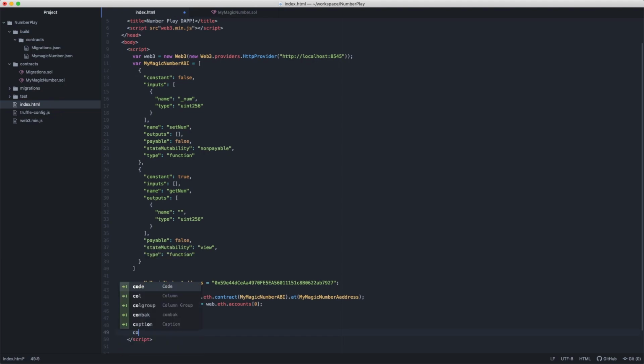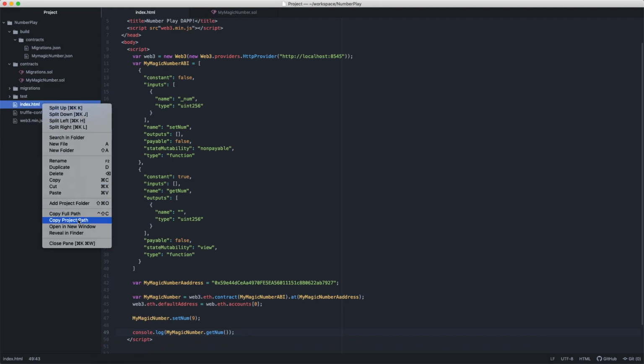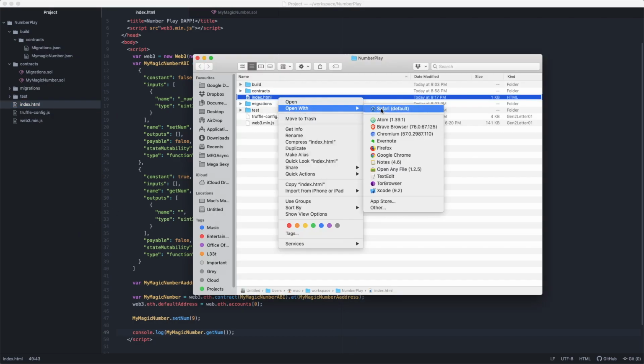So for now we'll just do console.log, and afterwards we can implement UI elements, and these inputs we can also give through UI, and we'll do my magic number dot getNum. Right, go ahead and save it. Now I want to open this file, so reveal in Finder, open with Safari, see the console,